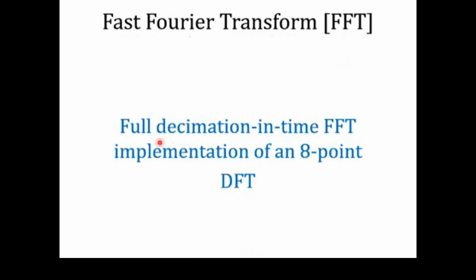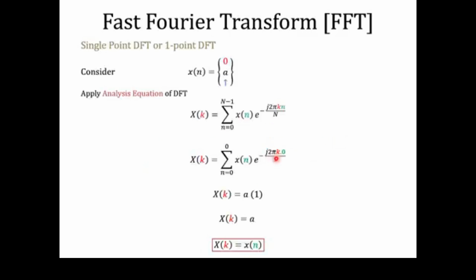And that FFT structure is so called full decimation in time, which means that we have decimated an n-point sequence into n number of sequences where each sequence contains only a single sample, and then we will take their single point DFTs. Now, before implementing that structure, we will first take a look at what is the meaning of single point or 1-point DFT. Now let's assume the time domain sequence contains only a single sample whose value is A,